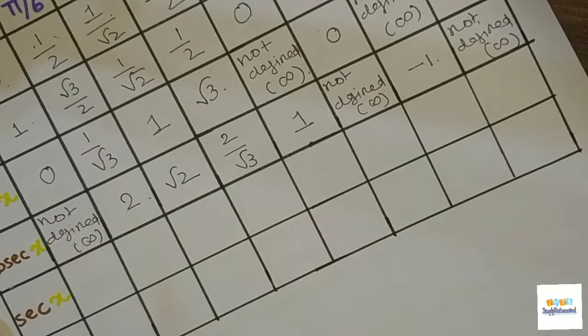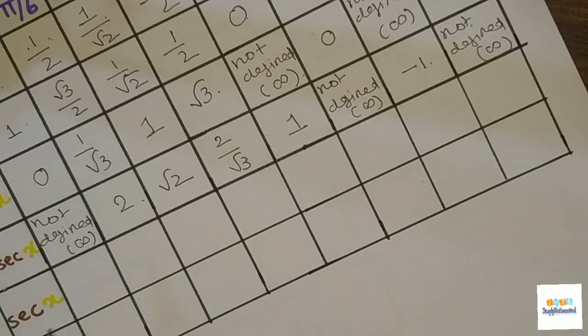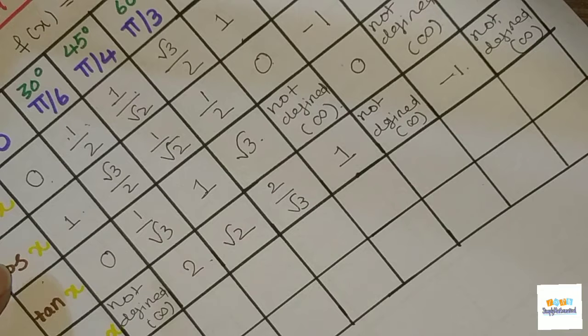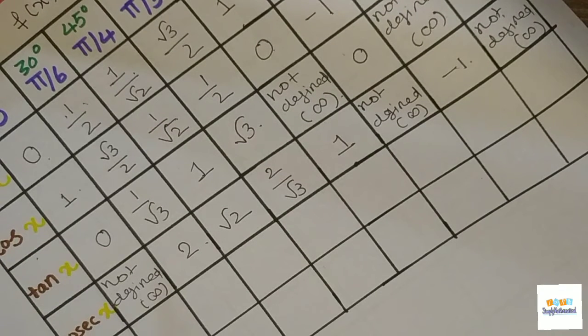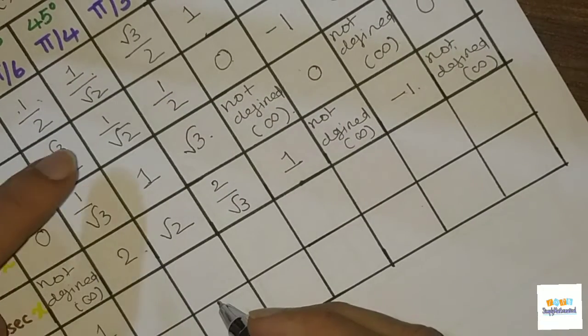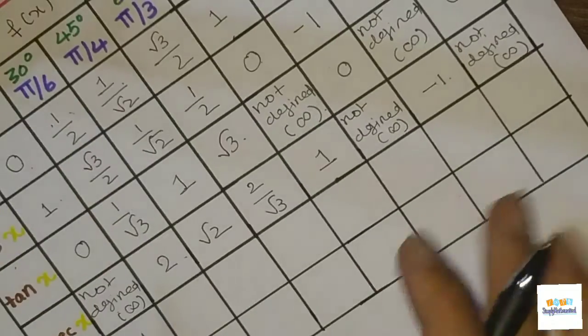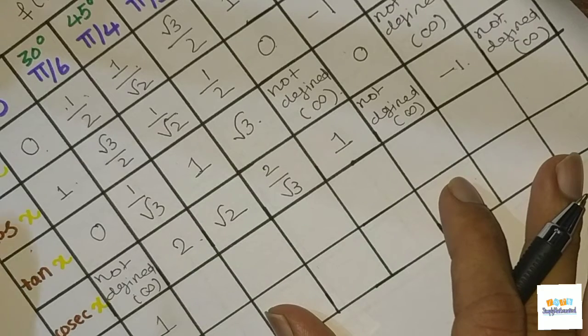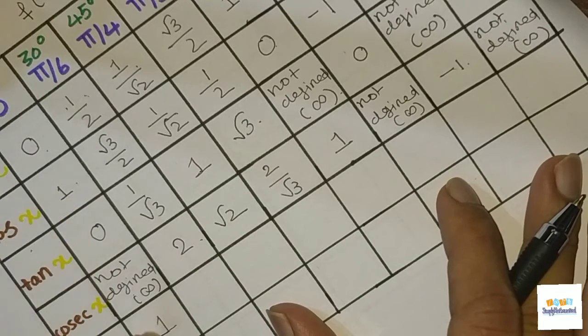Now let us go to the next trigonometric ratio, that is sec x. Now sec x is the reciprocal of the values of cos x. Okay, and you know that sec x is equal to 1 by cos x, right? So it is the reciprocal of the values of cos x. Now what you will get here, it is the reciprocal of this, which is 1 only, right? First we looked at sec of 0. Okay, so that will be nothing but reciprocal of cos of 0, which is 1. So 1 we got. Okay, like that.